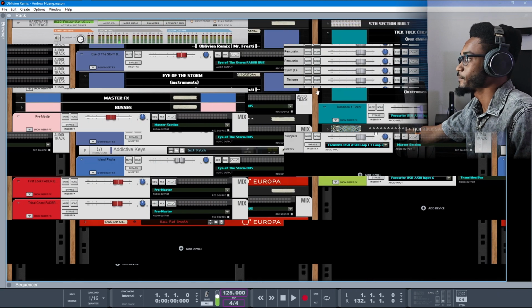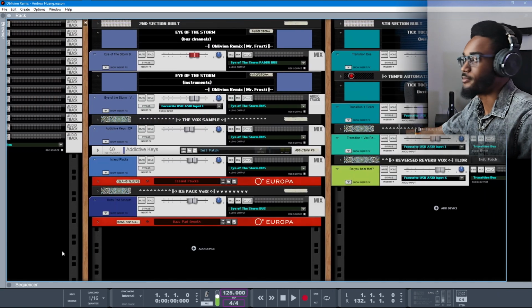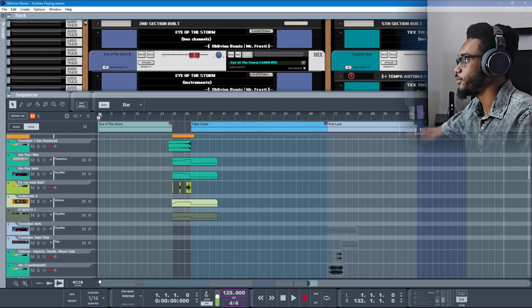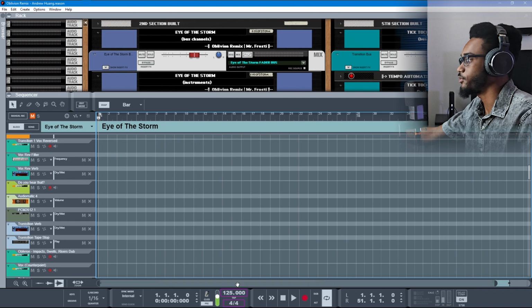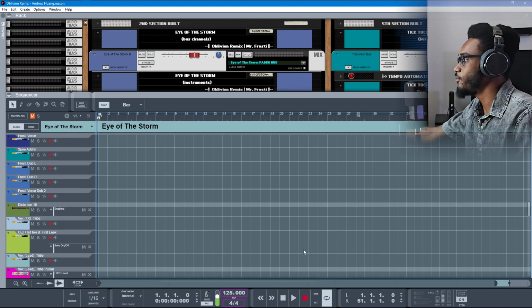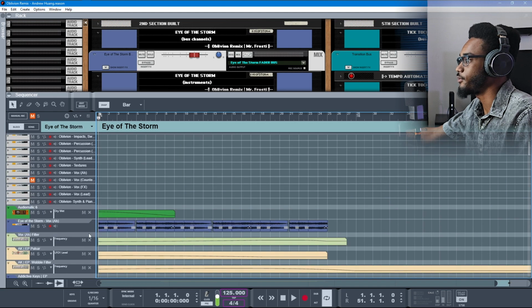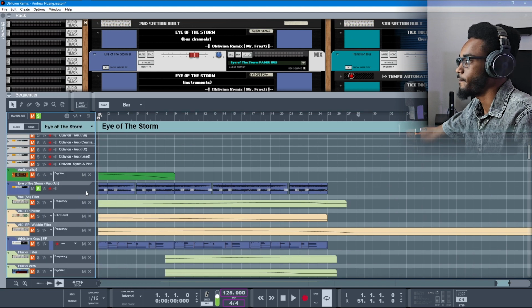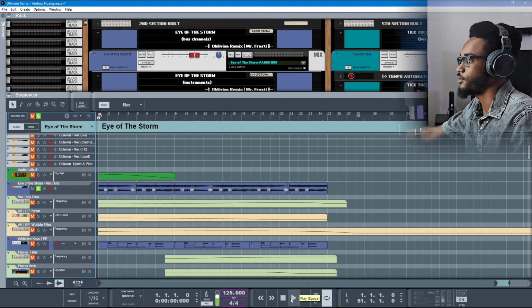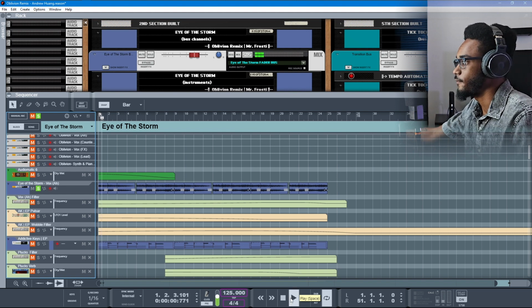The first section, Eye of the Storm, is what I called it. It's the intro section. It's nice, beautiful, floaty, and has wonderful sounds that all go together. They were all anchored around the transition sound that Andrew had in the original Oblivion song.